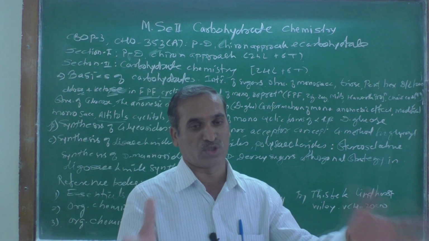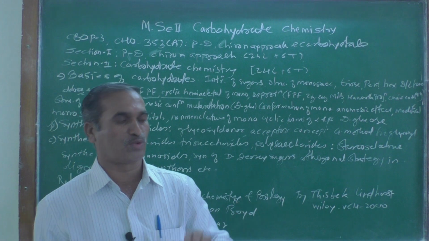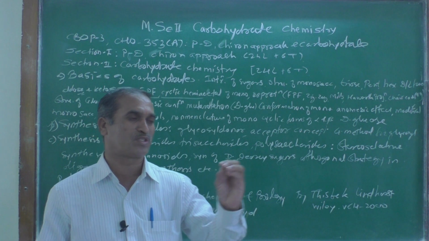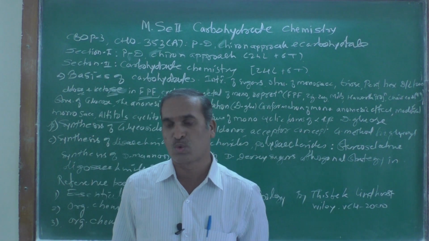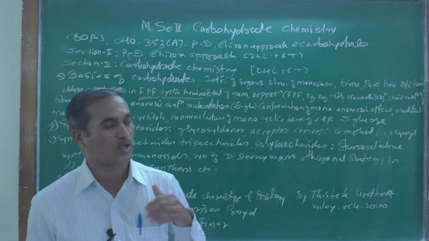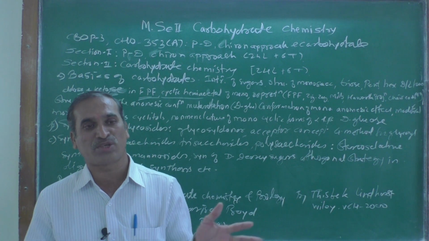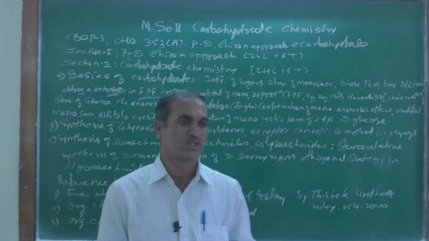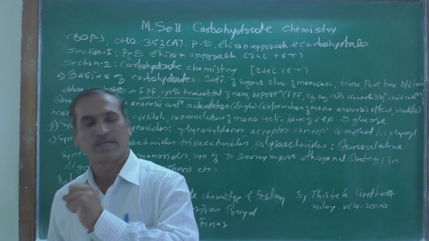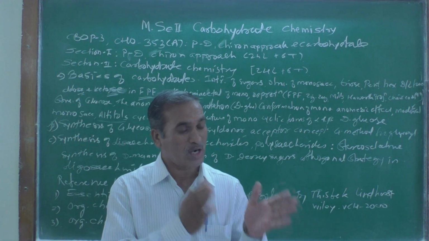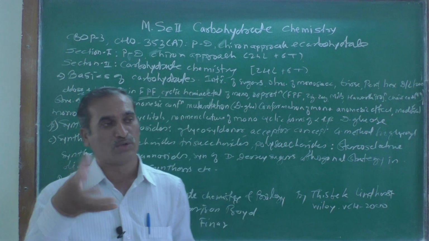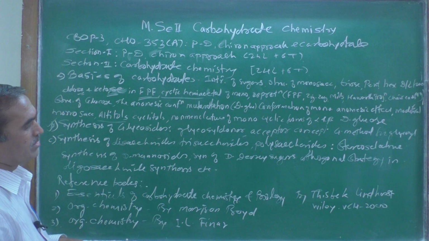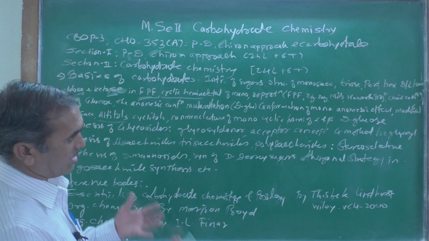As we know, oligosaccharides are further divided into three types. One is a disaccharide, which on hydrolysis produces two sugar units like glucose, galactose, and fructose. By combination of these we get maltose, cellulose, sucrose, lactose. We will see how these sugars form, and the synthesis of disaccharides, trisaccharides, polysaccharides.